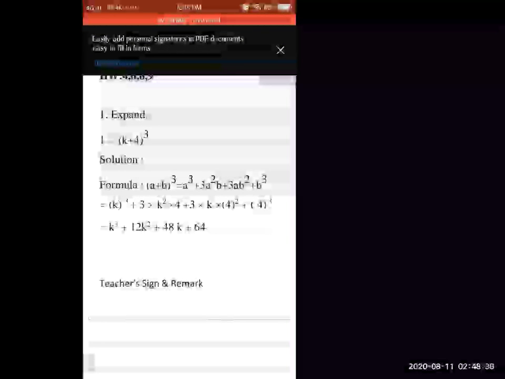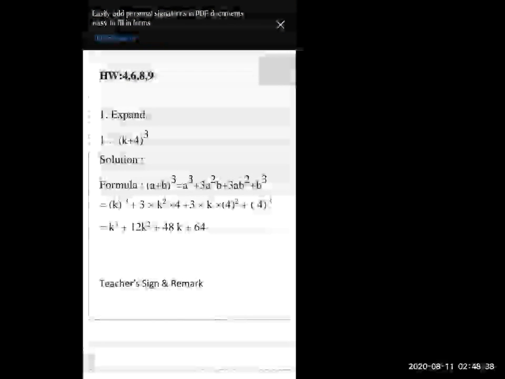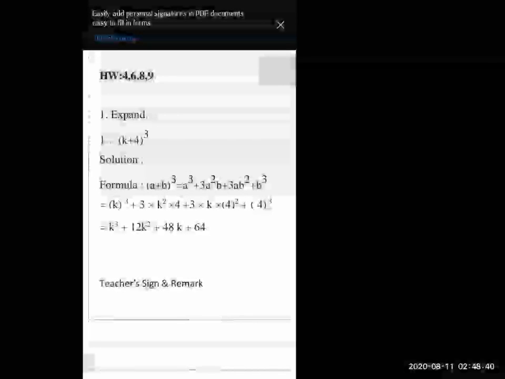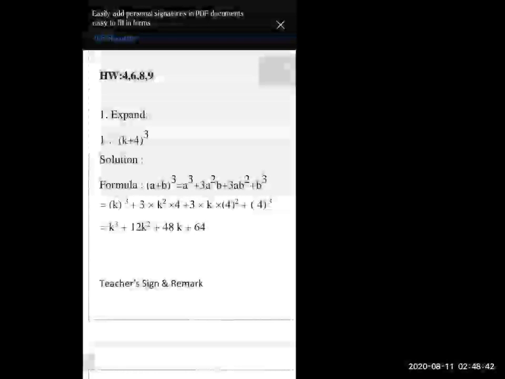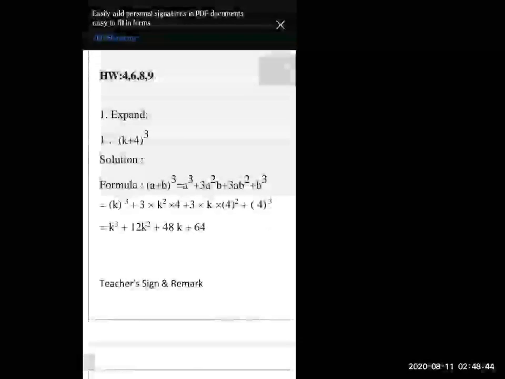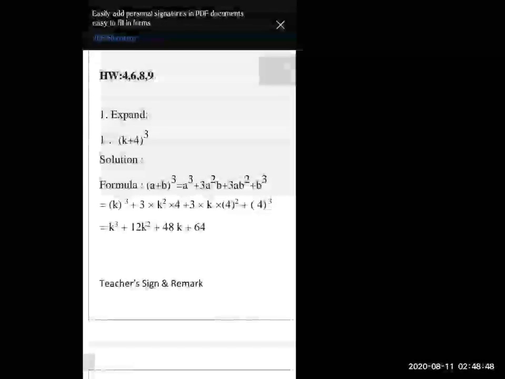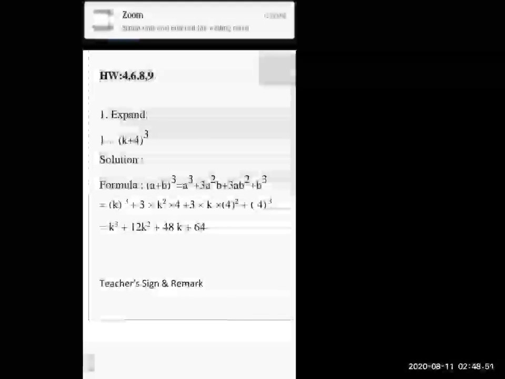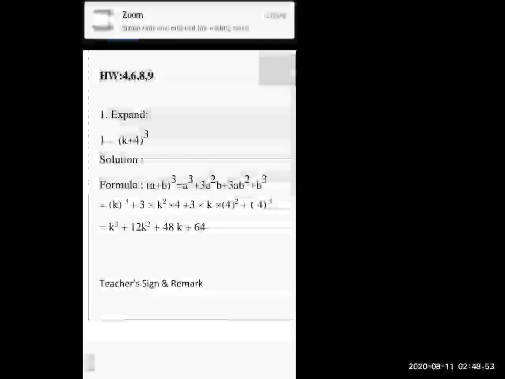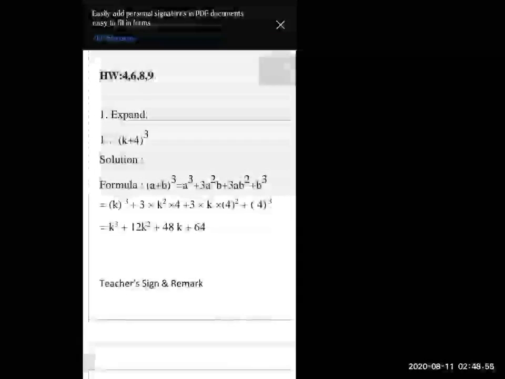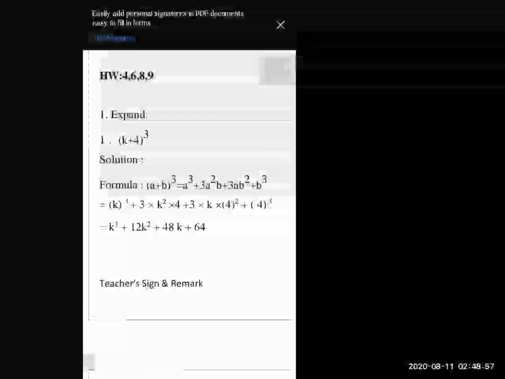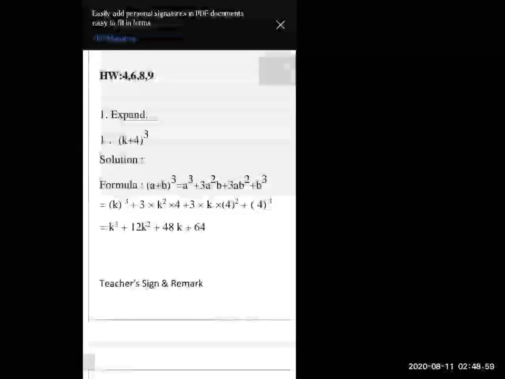Okay. Now our next problem set is 5.2, and that first question is k plus 4 the whole cube. Just listen in, afterwards start writing. Don't write now. Afterwards, as I explain to you, I will give you the time and then you will start writing. Okay students? Wait a minute. Okay. Now our first question is k plus 4 the whole cube.